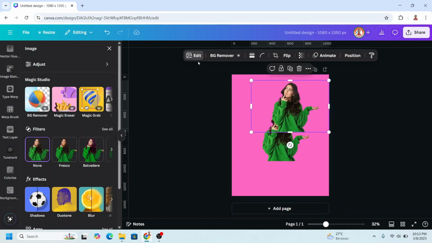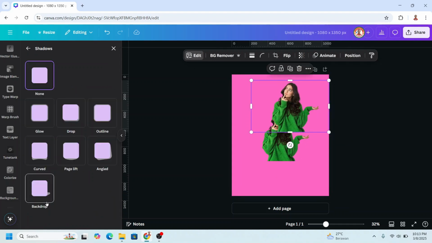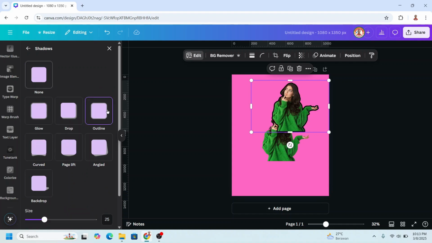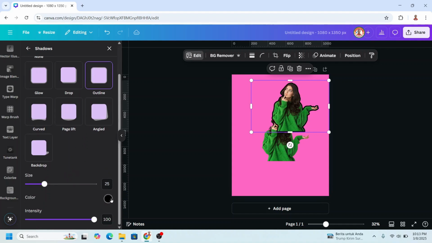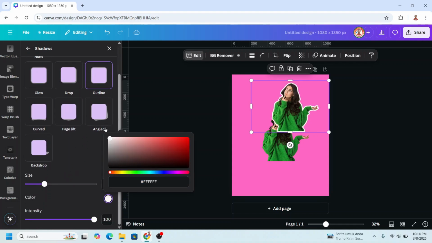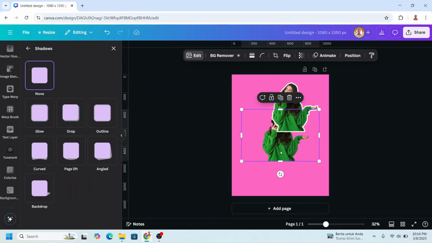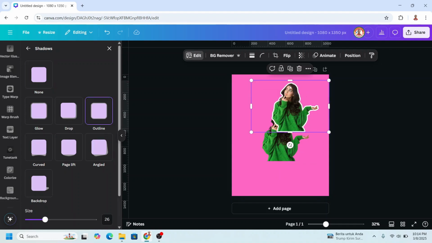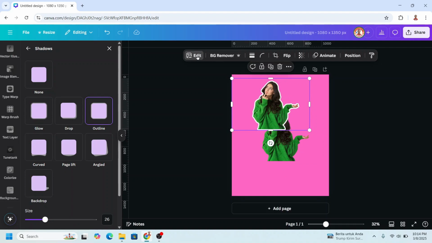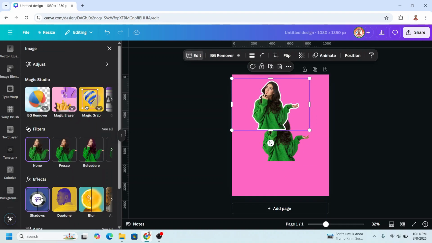On the edit menu, choose shadow, choose outline, change the color to white, and then you can adjust the size as you want. So to make the sticker effect, we have to add shadow to this photo, but as we use this shadow